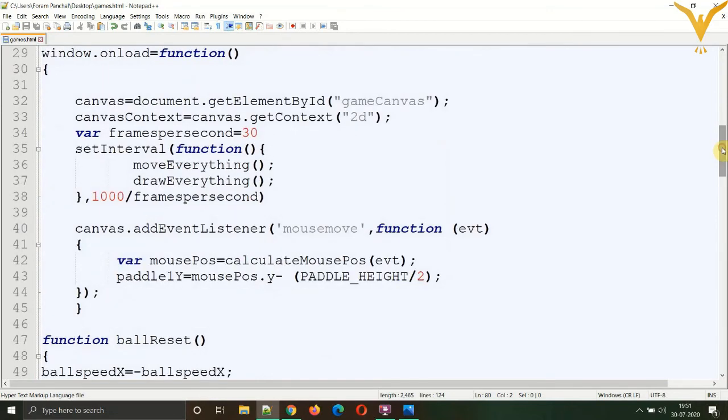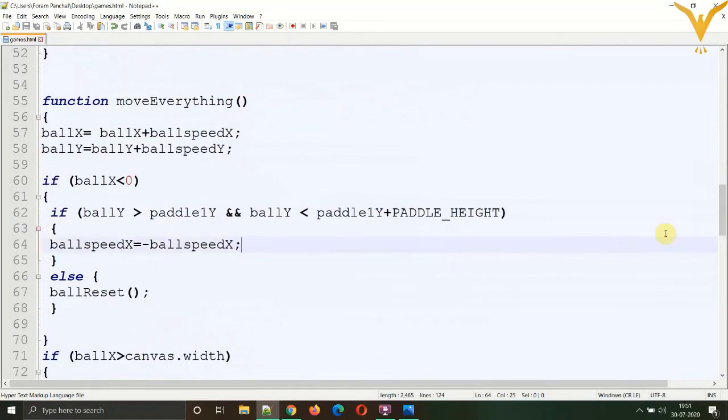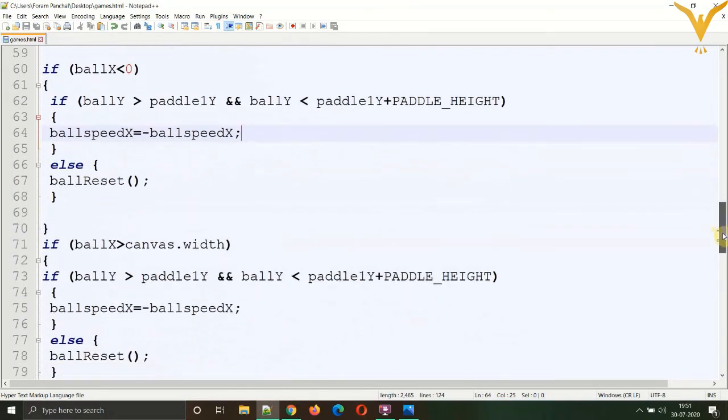For that, wherever we have created our event listener and we are transferring all the values to paddle 1, just change the number over there to paddle 2. So it will give all the movement to paddle 2. And then one more change we need to make is, where we copied the condition, change the number from 1 to 2 so that it completely refers to only paddle 2.